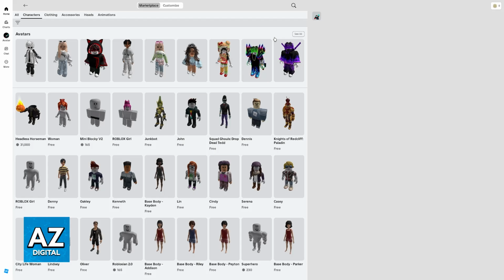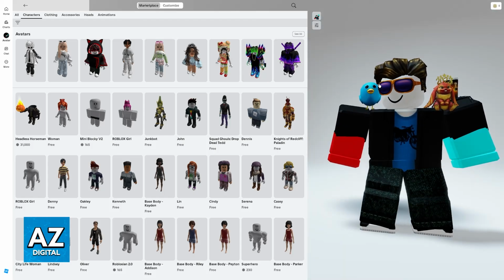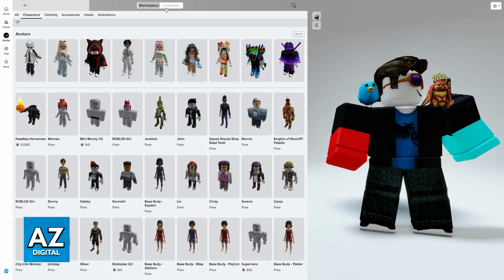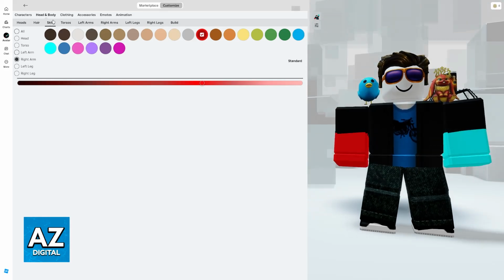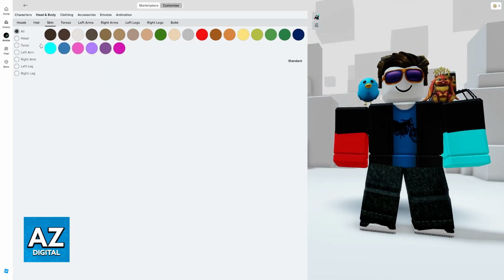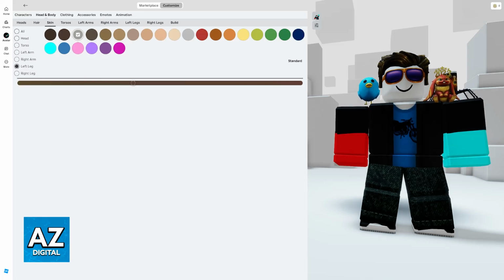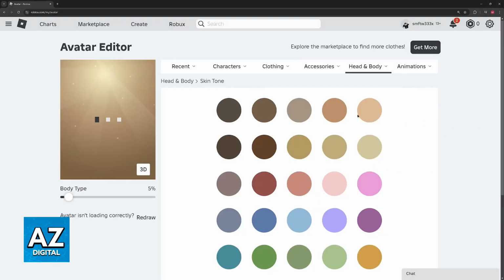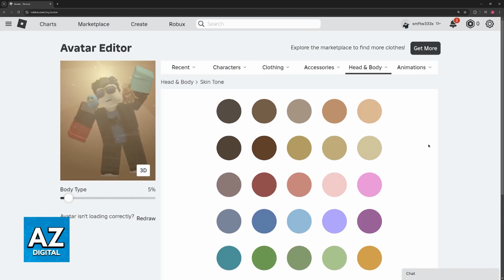You can change your profile picture as well, and anything else that you might want to customize. It is super simple to do, and you just have to choose the skin tone option and go into either standard to change everything, or advanced to change individual body parts. You can do it on the website, even on mobile, or through the app, whatever you prefer. I hope I was able to help you on how to change color arm in Roblox.